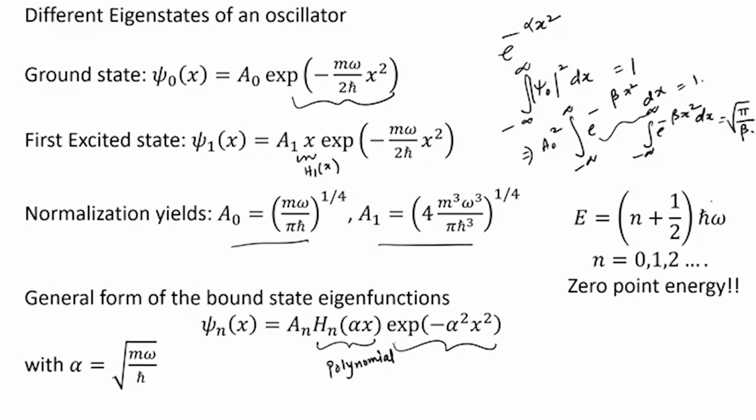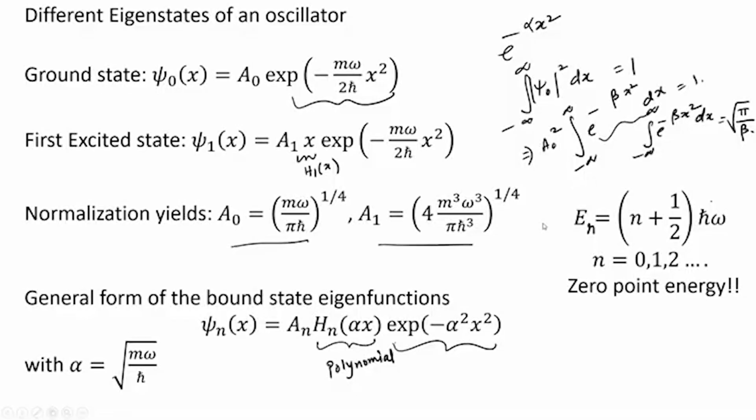E_n has different energy levels that are allowed for the oscillator, in integer multiples of h cross omega by 2. The lowest is h cross omega by 2, then 3 h cross omega by 2, 5 h cross omega by 2, and so on. These are the ground state, first excited state, second excited state, and so on, whose eigenfunctions are given by